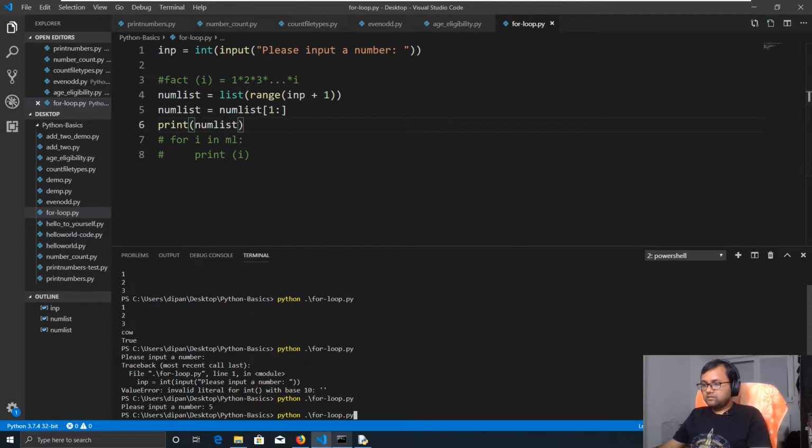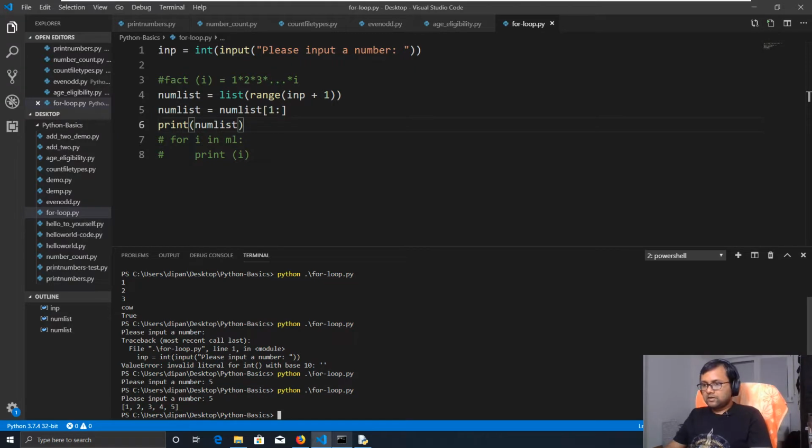Save that and run it. Okay, so you see that is correct. So 1 2 3 4 5, that is exactly what you want. Now what we have to do is multiply 1 multiplied by 2 multiplied by 3 multiplied by 4 multiplied by 5. So what we will do here is, for I in num list,